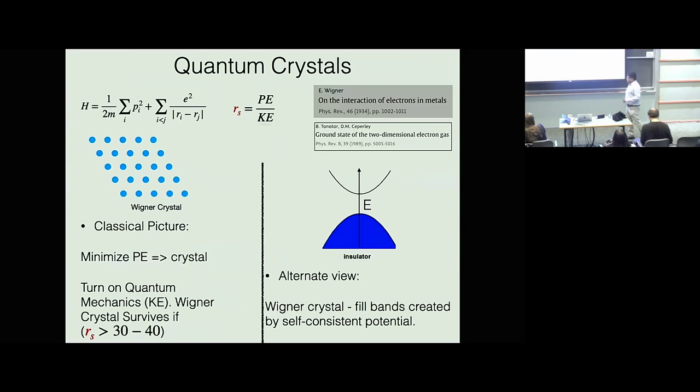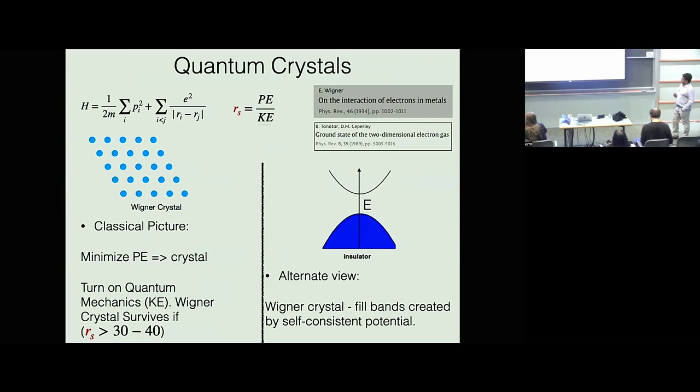Okay, so now let me switch gears and talk about quantum crystals. So the difference now is that we're going to think about the translation symmetry as being spontaneously broken. Okay, so we start with electrons in the continuum. Think of Coulomb interactions between the electrons, and there is a ratio between the interaction scale and the kinetic energy, this r_s, that tells you how important interactions are.